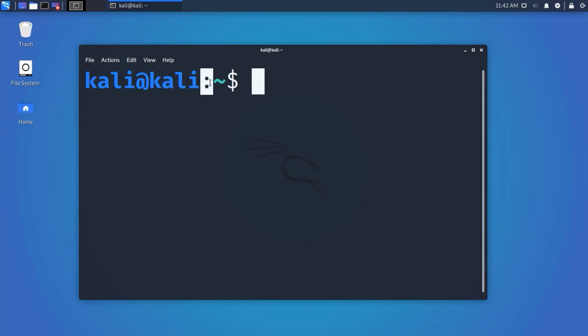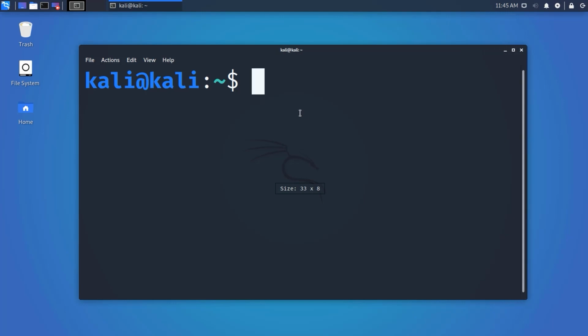The colon is a simple separator, and the tilde sign shows that the user is in the home directory. If we change our directory, then this will vanish. And this $ sign suggests that you are working as a regular user in Linux. If we change our user to root, this sign will change to a # sign. If you don't know what the root user is, you can assume it as the administrator privilege user of the Windows operating system. Okay, now we know the terminal better than before. Now we can go to the basic commands.